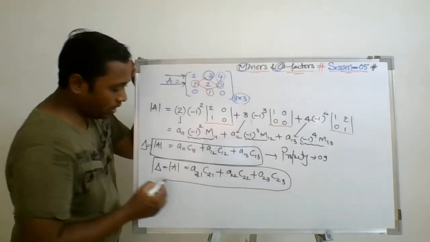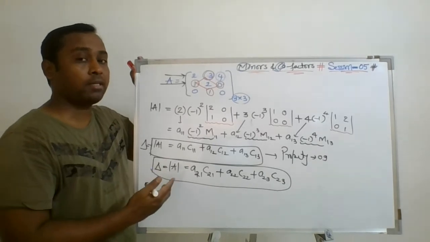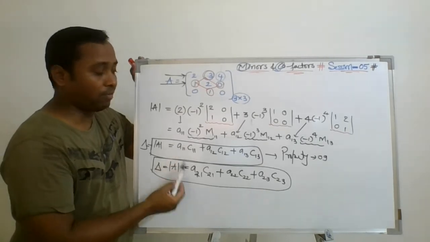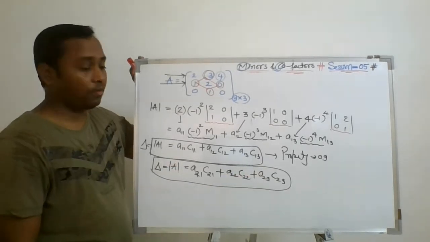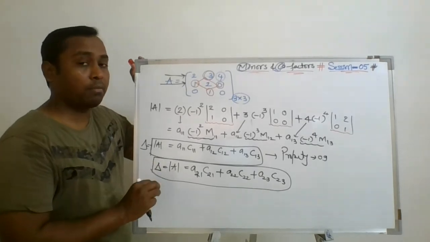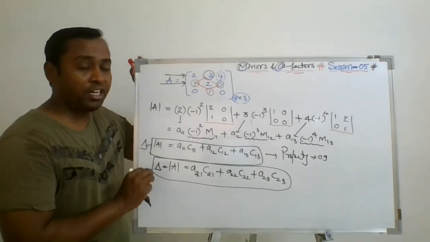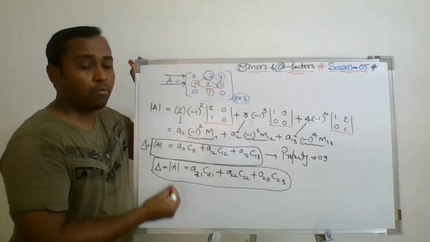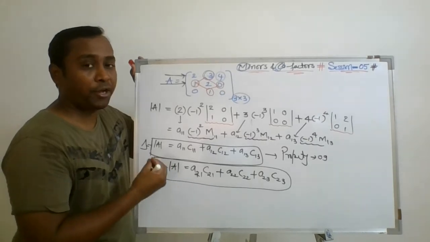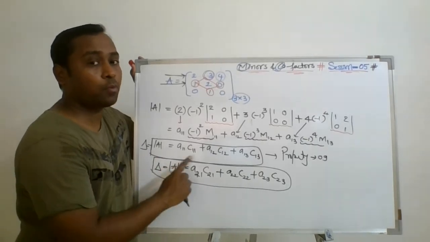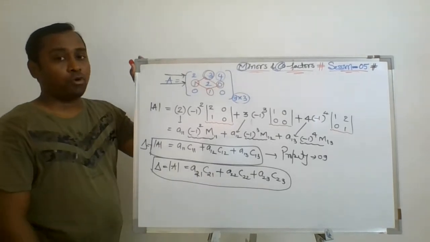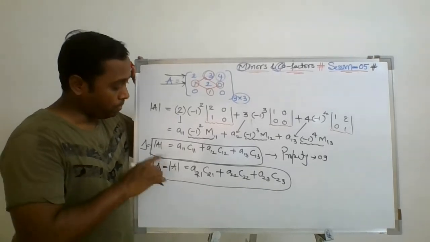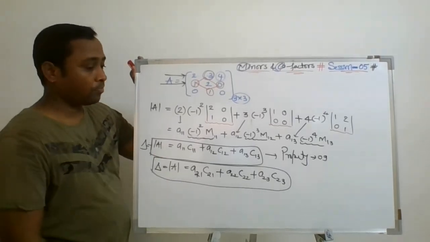You know that there are how many ways? There are 6 ways to expand the 3 by 3 determinant. In a similar way, there are 6 ways to express this definition or property. Fine. So property number 9 speaks about the definition of the determinant in terms of cofactors. What is the definition? The sum of the product of the elements of a particular row or column with their corresponding cofactors. Important property. Now the next property, property number 10, we are going to discuss based on this definition again.